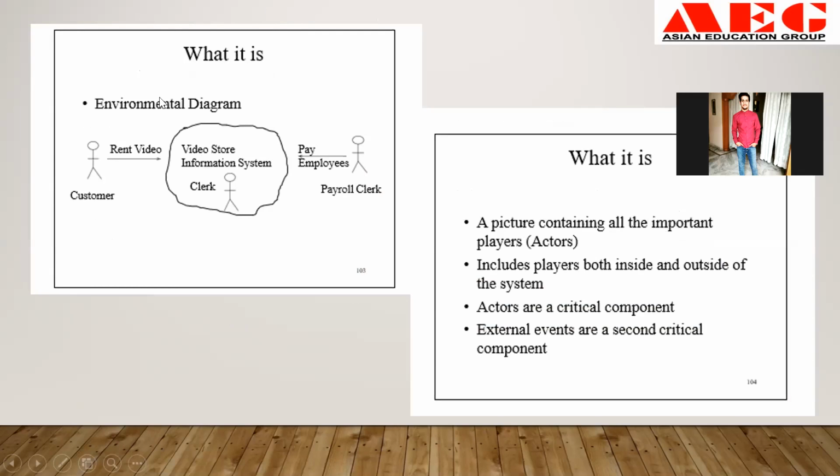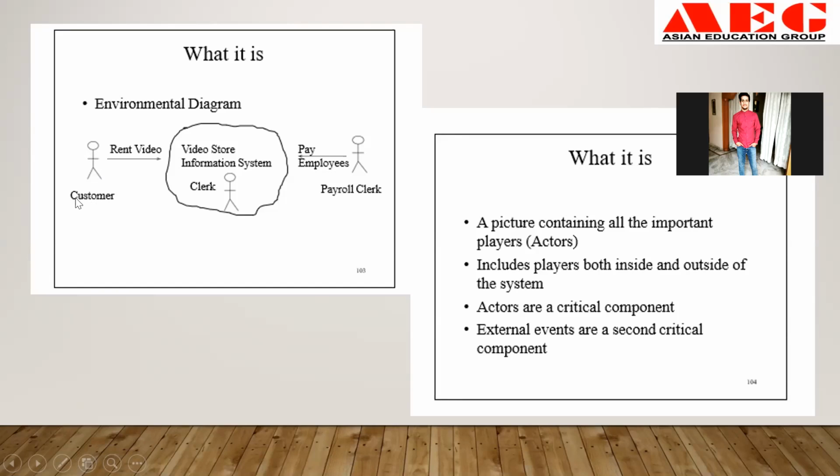Now, what is this? The environmental diagram. So now we are coming to the use case diagram or actor diagram of the UML. In the environmental diagram, the customer always acts as an actor, and all the external entities are used in the form of actors. So this is a UML actor diagram. If you are creating the actor diagram, then you have to create this type of symbol for all the external entities.